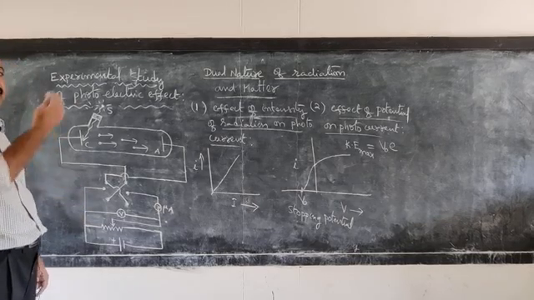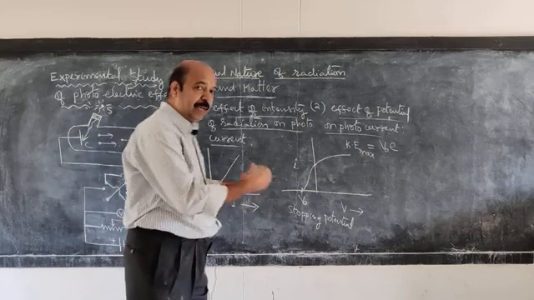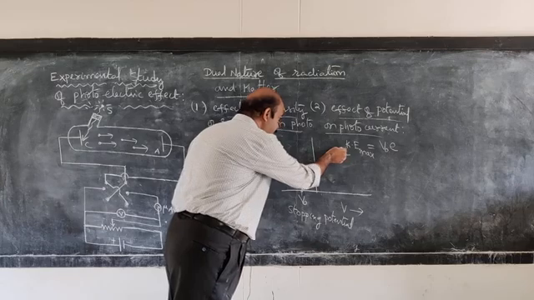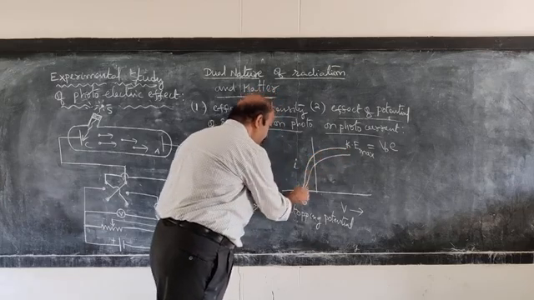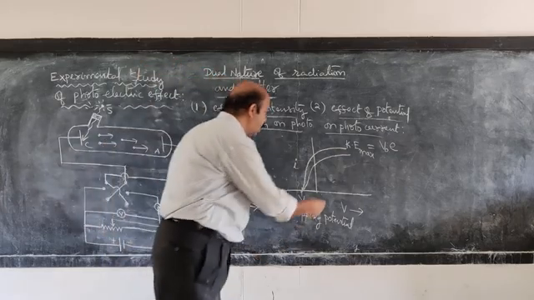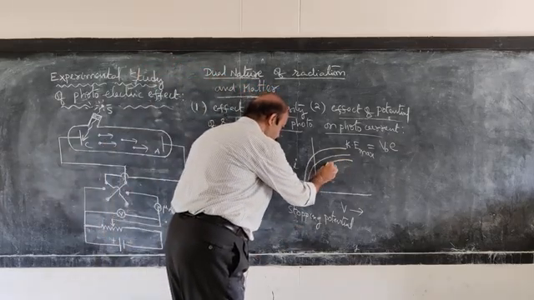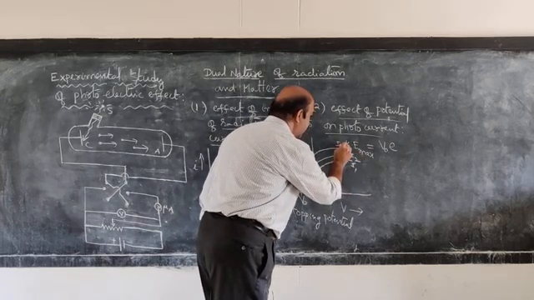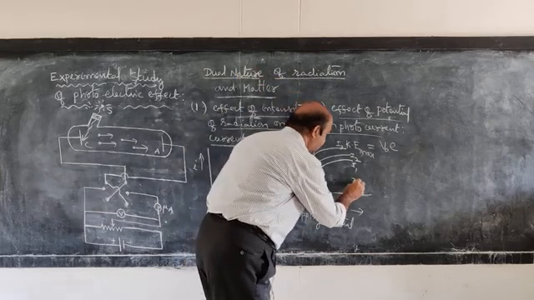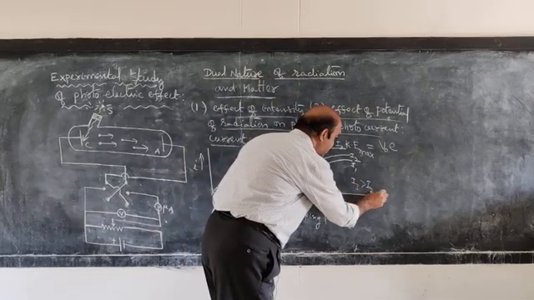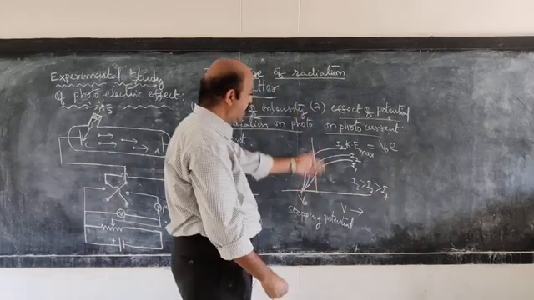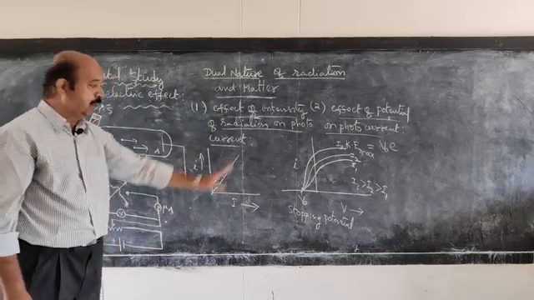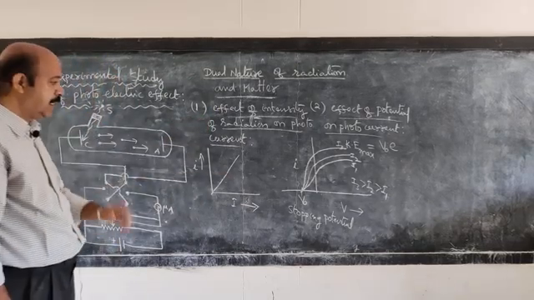Now if you go on increasing the intensity for the same metal surface and for the same frequency of the radiation, what is observed is that the saturation current increases but the stopping potential is the same. So the graphs are like this. Suppose this is intensity I1, this is I2, this is I3, so I3 may be greater than I2, which may be greater than I1. But even with increase in intensity for the given metal surface and for the given frequency of radiation, the stopping potential is the same. That is the second point.